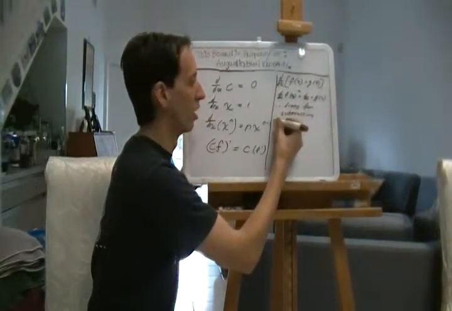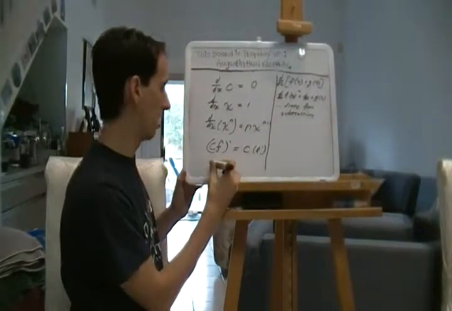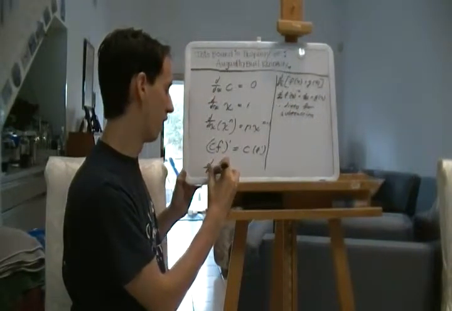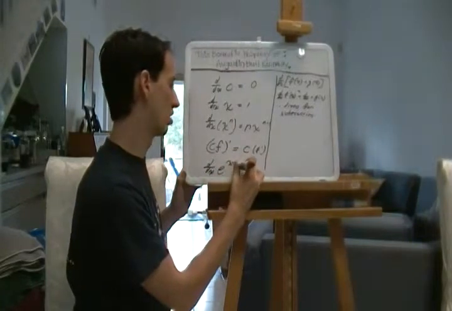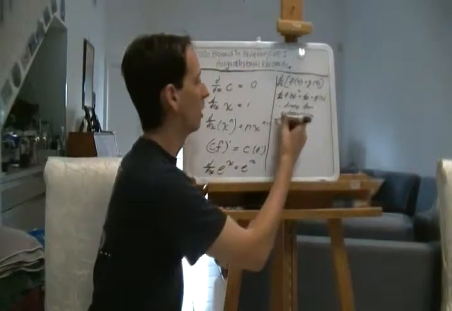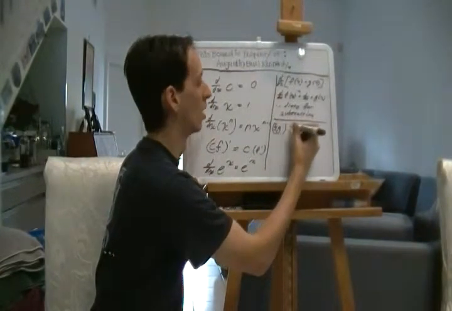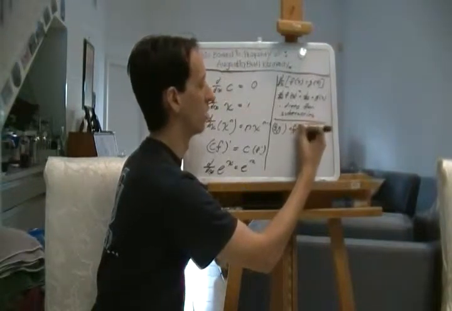And we just learned, also one other that I'm going to squeeze down here, the derivative of e to the x equals e to the x. And the two we learned today, the derivative of a product equals